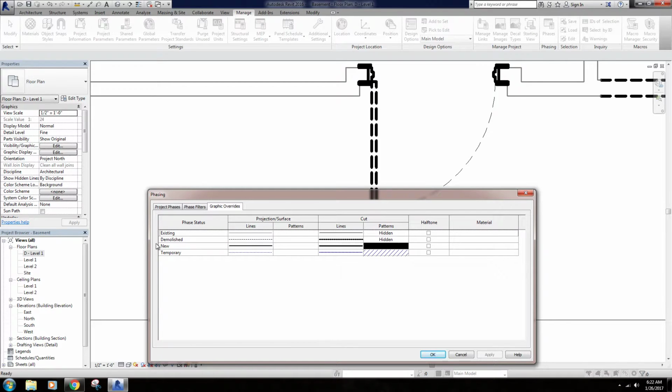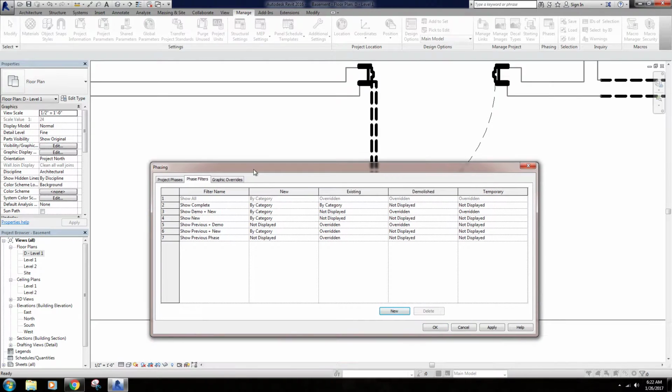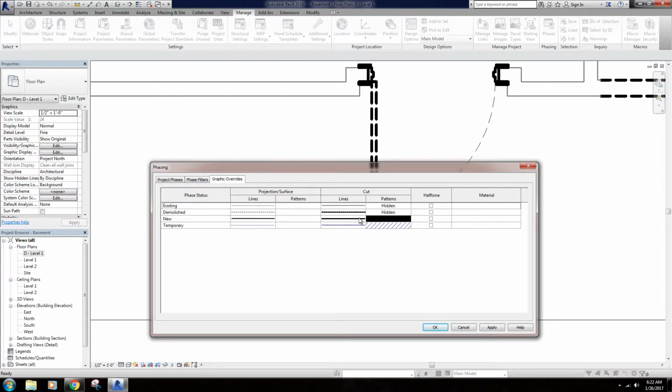You can do the exact same thing for your new, your existing, that sort of thing, and you can come in here and change things if you want. So if you're showing different phasing, you can come through and say, okay, in this sort of phase filter, the demo and the new, I want to highlight the new. I don't really care too much about the demo in this view. So for the demolished, I'm going to say, okay, that stuff is overridden, and I'm going to change what the